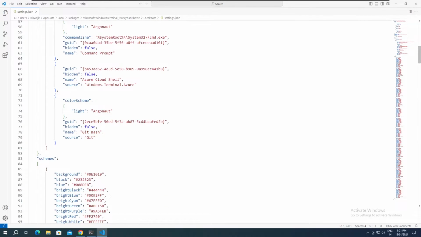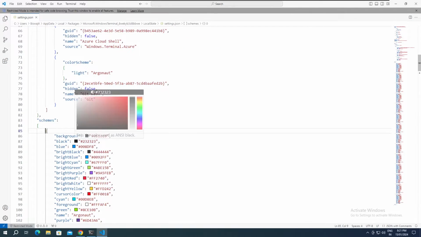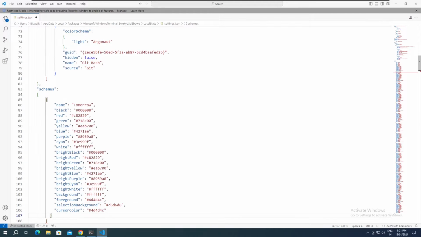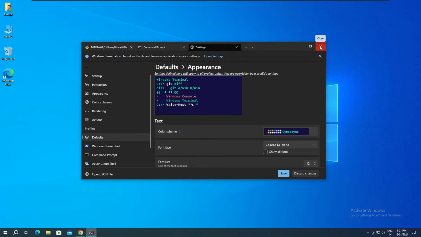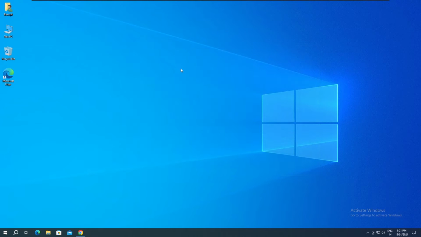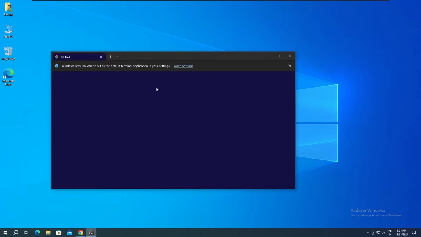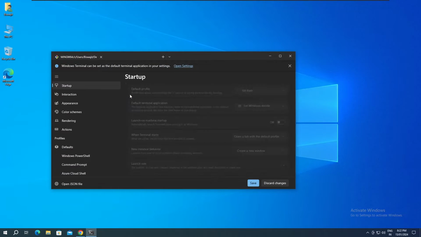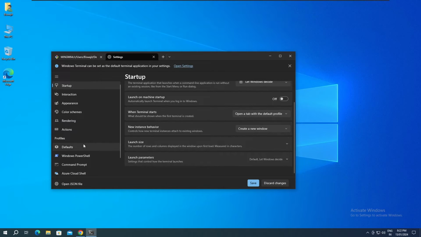I'll just paste it, put a comma, and it removes the syntax error. Close this. We need to close this also, because it needs to load the JSON file again and the changes need to be reflected. Now, if I go to settings, if I go to default,